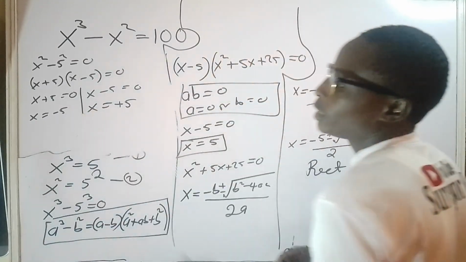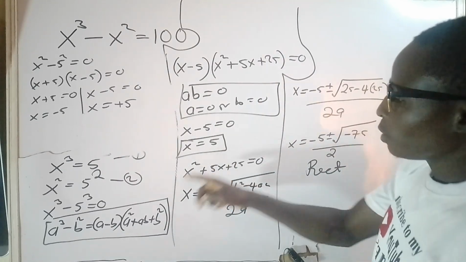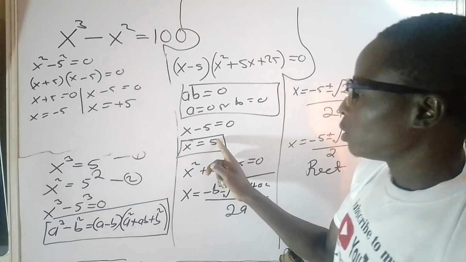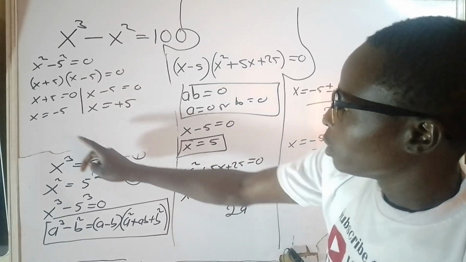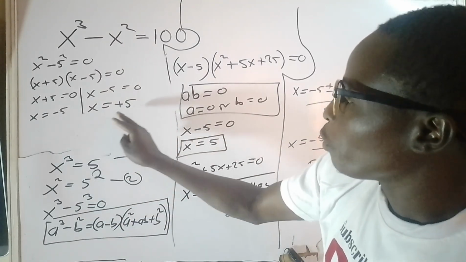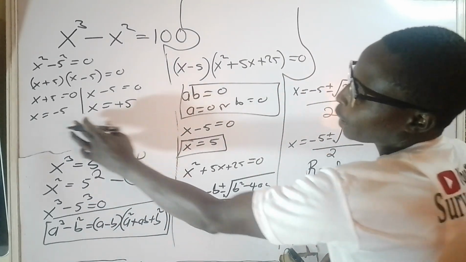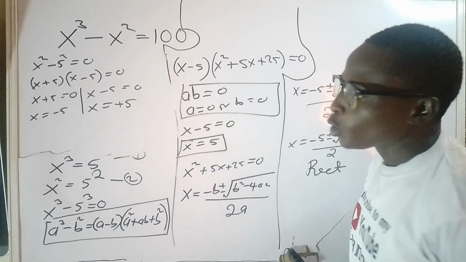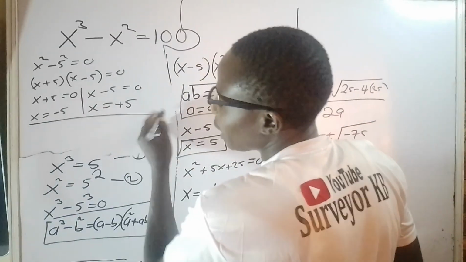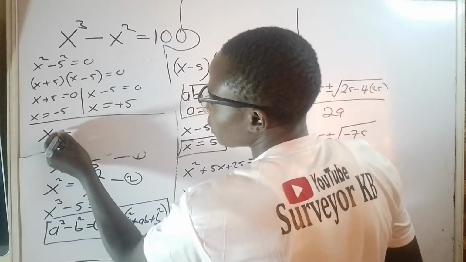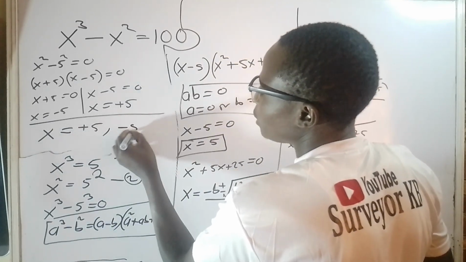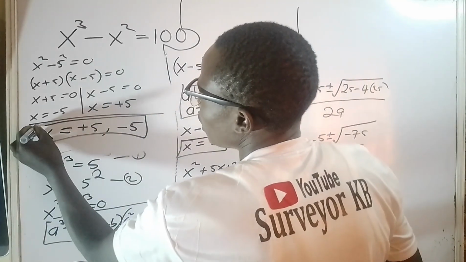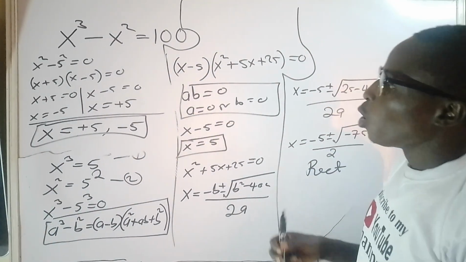So we can see that when we consider the first equation, the value of x is 5, and when we consider the second equation, the value of x is positive 5 and -5. So we can say in conclusion that the value of x is +5 or -5, and these are the two possible solutions. So when we check